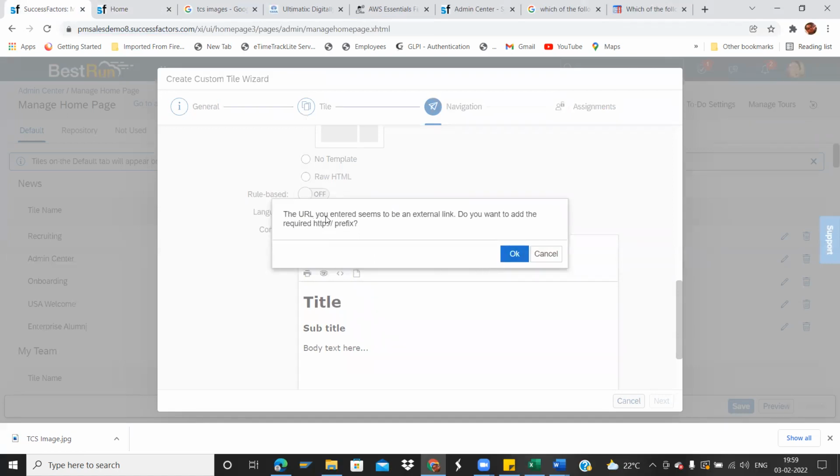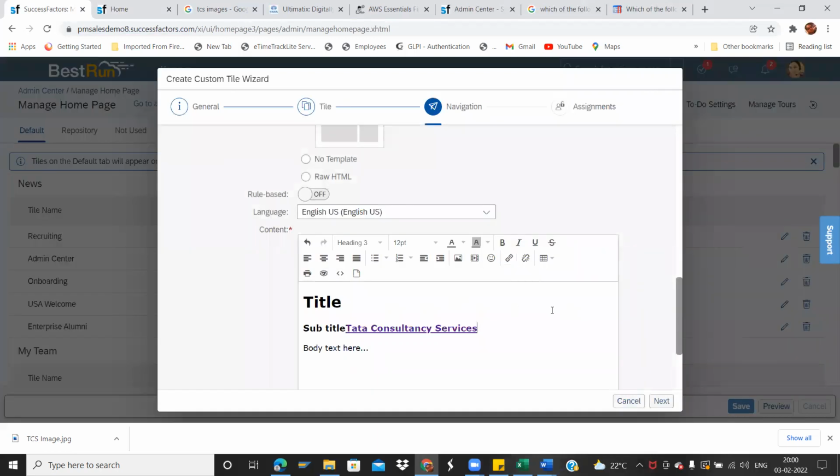This is just an information: URL seems to be an external link. Do you want to add the required? Okay, just mention okay. See, Tata Consultancy Services, it is coming. And for title, mention here TCS. In the body you can mention something, just decorate the mail. That's it.